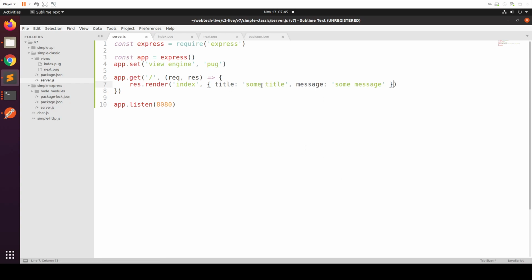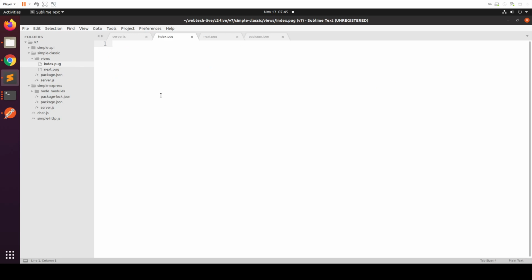Right, so I'm going to render it with some title and some message. Now, how is this going to work in index.pug? Fair word of warning, this is a bit stranger, in the sense that Pug, we're going to see a rendering engine which looks like HTML further on, but for now, Pug actually looks like Python. So it uses indentation as